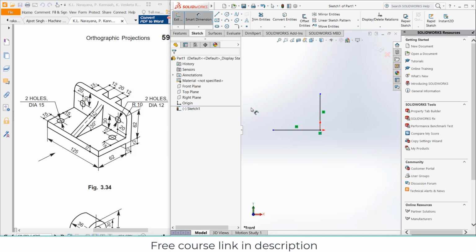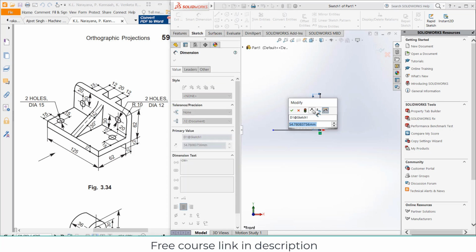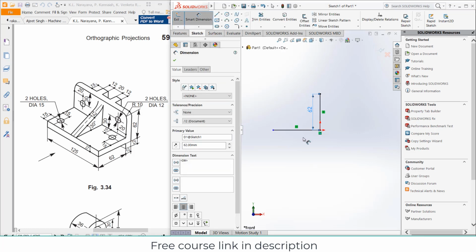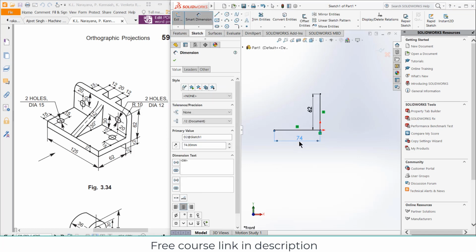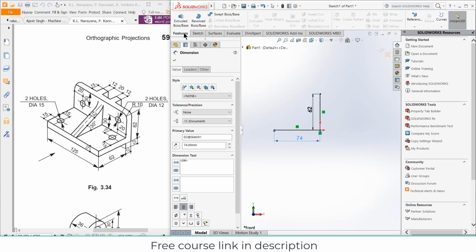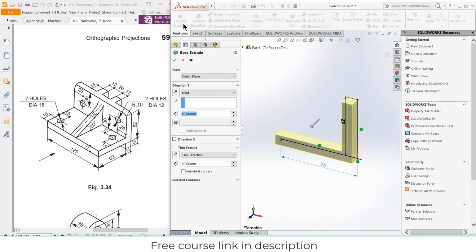Now it is 62 mm and this one is 62 plus 12. What I'm basically doing is making from this line to this line, okay? So this one is 62 plus 12. Now go to features, click on extrude boss base.